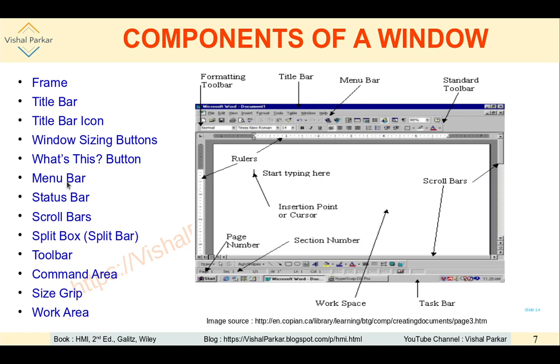Next is menu bar. So menu bar is as seen here, which is familiar to most of the Windows users or any GUI application users.